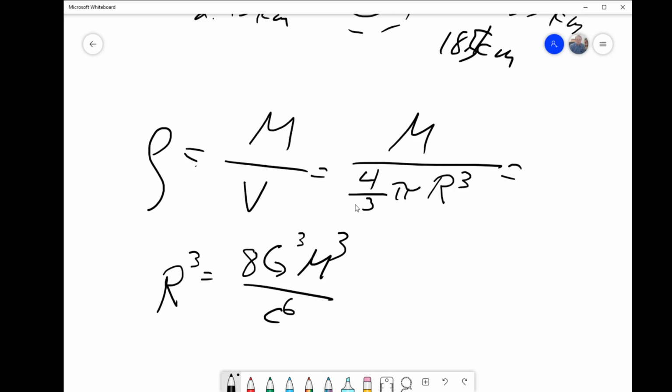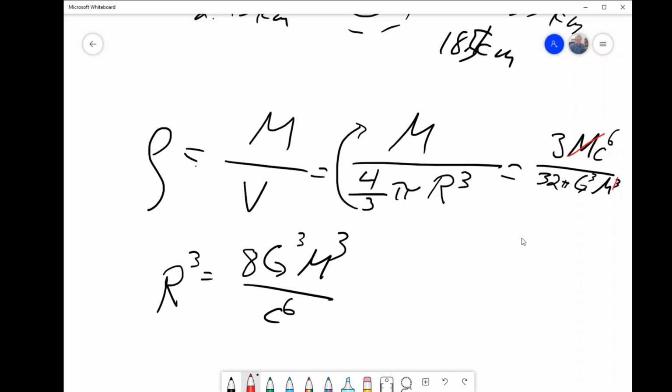So our density of the black hole, if we bring our 3 up and start substituting in, we'd have 3M c to the 6 over 8 times 4 makes 32 pi G cubed M cubed. Or canceling that common factor of M,